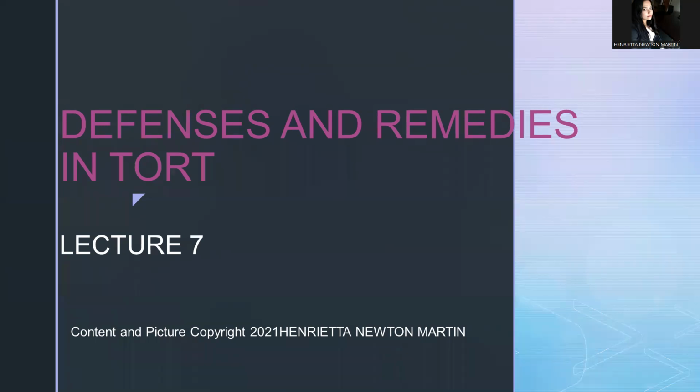And mostly it is in the form of compensatory damages, also general damages. We said there are different kinds of damages. We said there is nominal damages, liquidated damages. When we learned about negligence, we spoke about damages, and we said that there are different types of damages that the court may award in case of the wrong of tort, or when tort is committed, and the damages may be awarded for the damage.